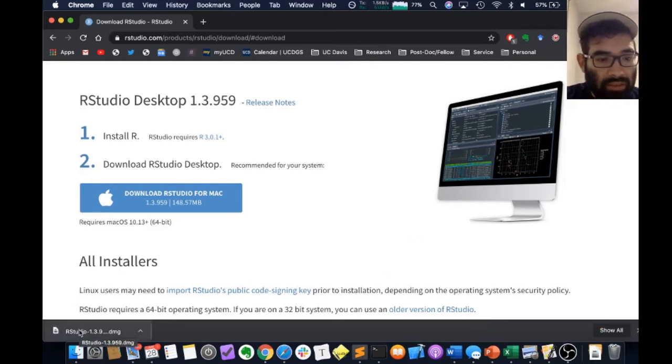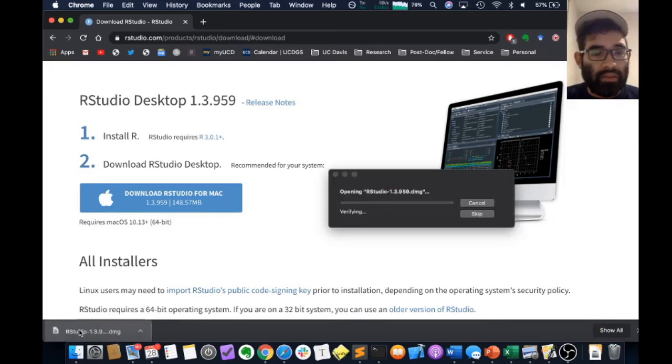And I finished downloading, so I'm going to click this here. And so, in theory, it's opening and it's doing some stuff. It is verifying the package. And hopefully that shouldn't be too bad. Let's see what it does. It's going to open up now a